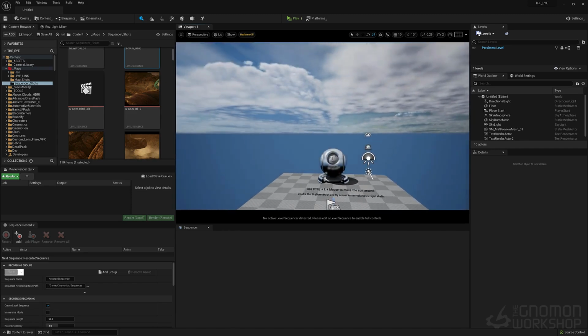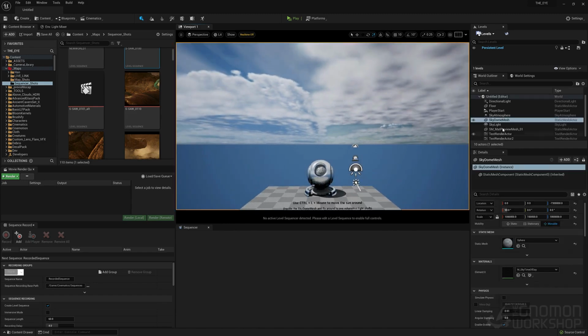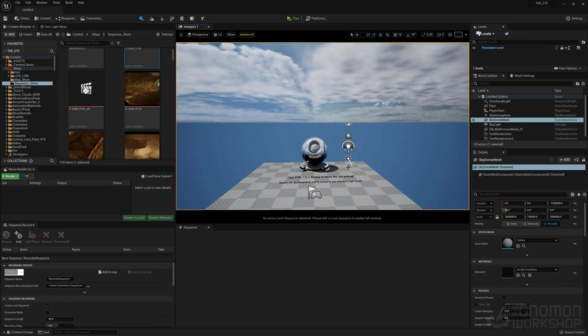Okay, so I just opened up a new scene. I'm going to start from scratch and I'm going to show you how I created that world we just saw from scratch. So this is just your base scene in Unreal Engine 5, and